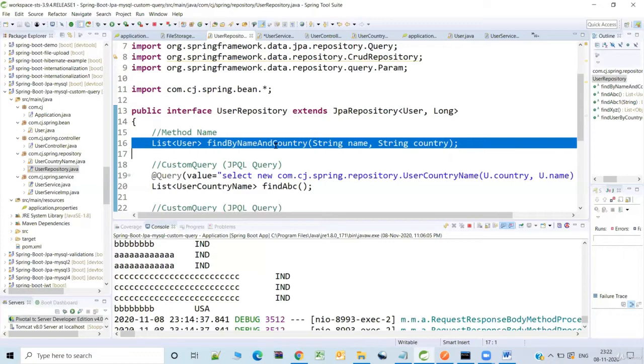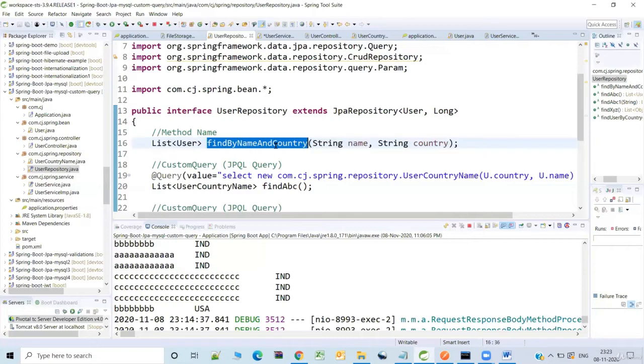Now the point is, if you provide the declaration, who is generating the method implementation for this? See, Spring Boot JPA is so powerful that based on this method name, it generates the implementation for you during the runtime and injects it so that it is available to us automatically.